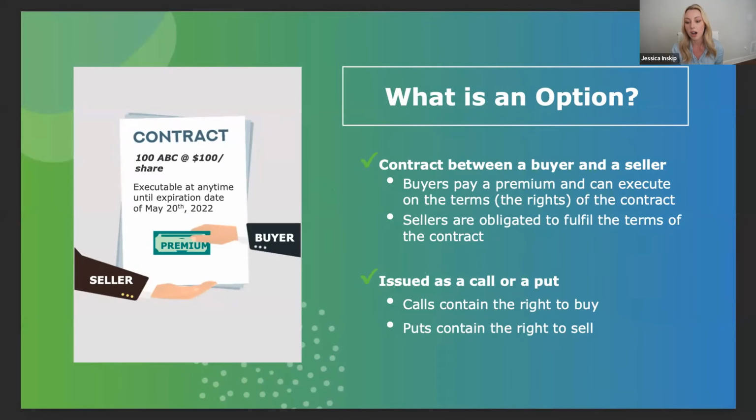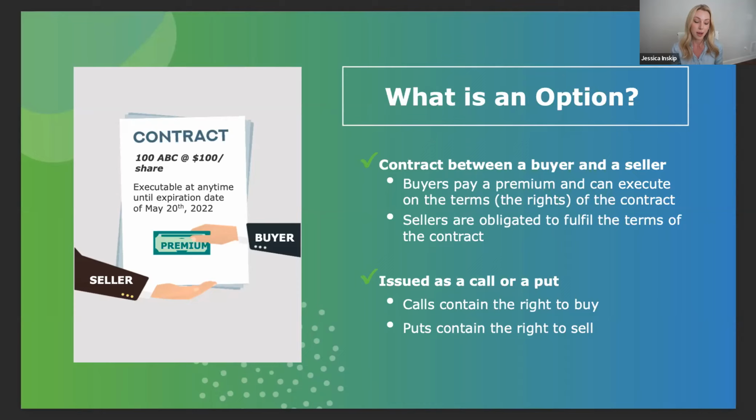Starting with what an option is, something that you all probably know or have seen before, it is essentially a contract between a buyer and a seller. It's a contract that's executable at any time in the case of American style options, which we'll go through in a brief moment, with an expiration date attached and a price attached. So it essentially represents you're able to buy or sell a security at a specified price within a specified time frame. The seller is receiving a premium, the buyer is giving a premium in exchange for that contract,